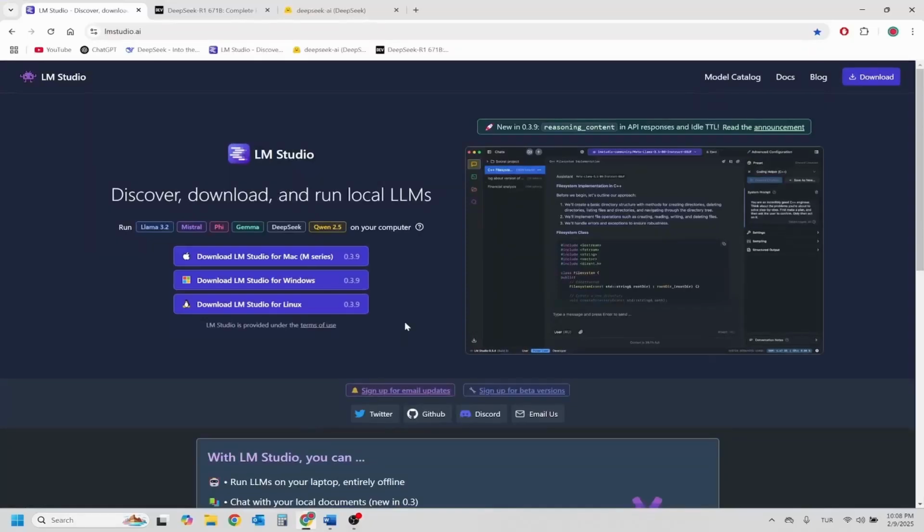Hello friends! Today I will show you step by step how you can install DeepSeek R1 Artificial Intelligence on your computer. If you want to work with artificial intelligence models without internet, the information I will tell you will be very useful. First of all, we go to the LM Studio AI website and download the LM Studio AI application